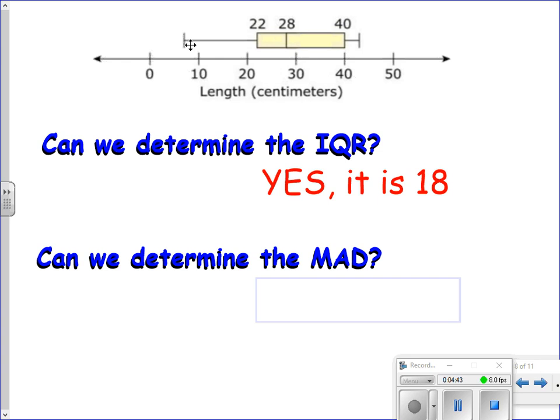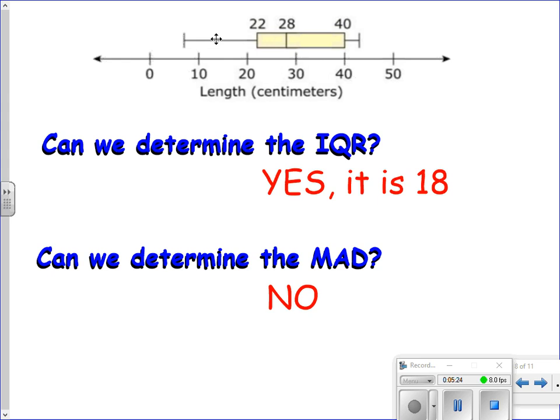Well, one problem that we have is even if we only had 5 data items, we don't know exactly what that number is, and we don't know exactly what this number is, or what the extremes are, what the minimum number and the maximum number were. But it's also very possible that this was a set of data that was made up of several data items, and this just happens to be the median. And then we had the upper and lower quartiles. We could have had 100 data items here. We just don't know. Even if it was just 5, like I said, we don't know the extremes, the lower number and the upper number. So we don't really have enough information